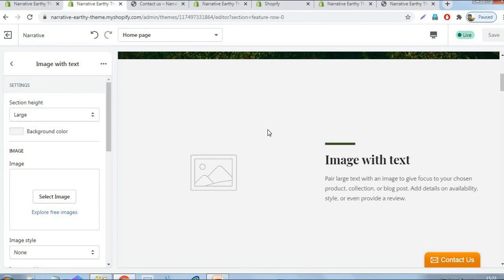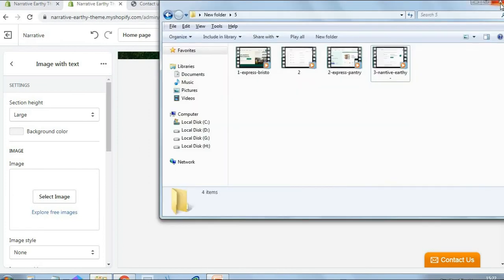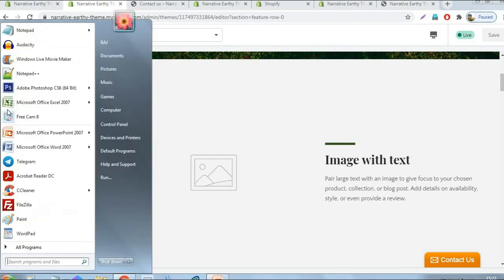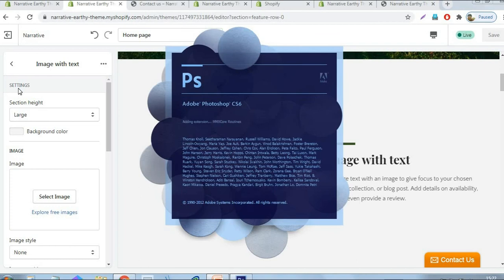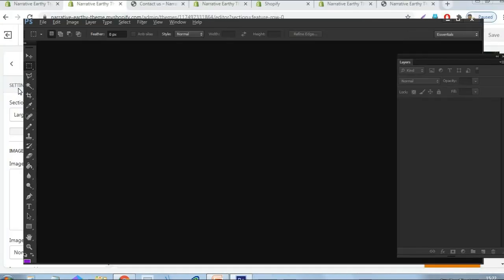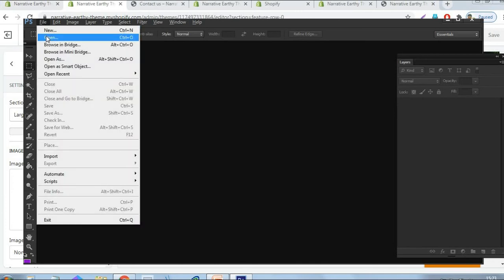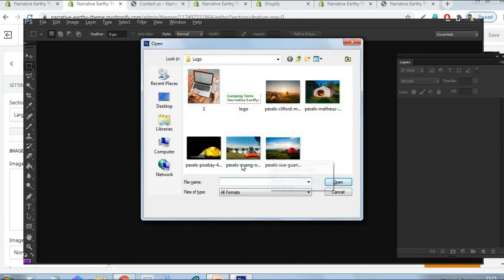Yeah, here we need to upload an image, but our default image size is more, so I'm going to just edit, just crop by using Photoshop. Cropping image in Photoshop is easy compared to any other photo editing tools. That's why I am using Photoshop. So just open that particular image.